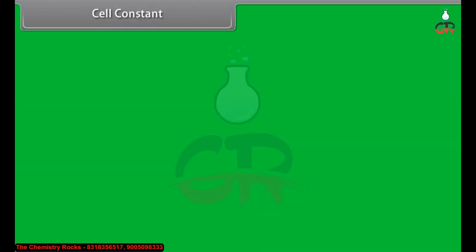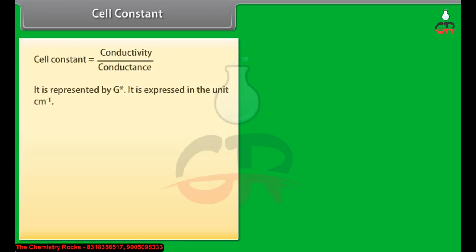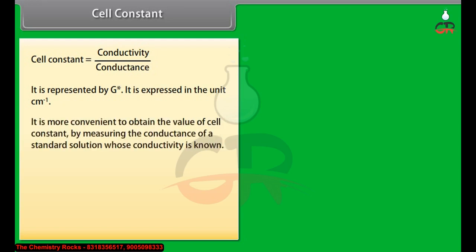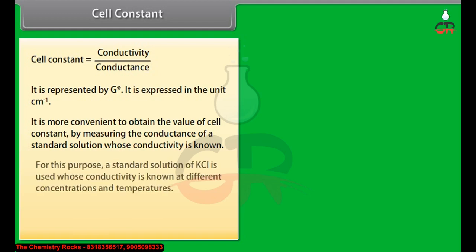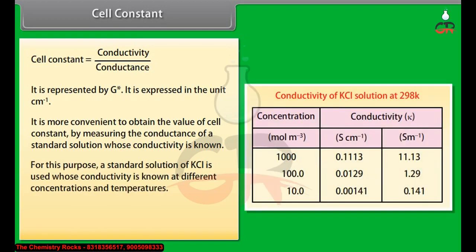Cell constant is equal to conductivity upon conductance. It is represented by G asterisk. It is expressed in the unit centimeter inverse. It is more convenient to obtain the value of cell constant by measuring the conductance of a standard solution whose conductivity is known. For this purpose, a standard solution of KCl is used whose conductivity is known at different concentrations